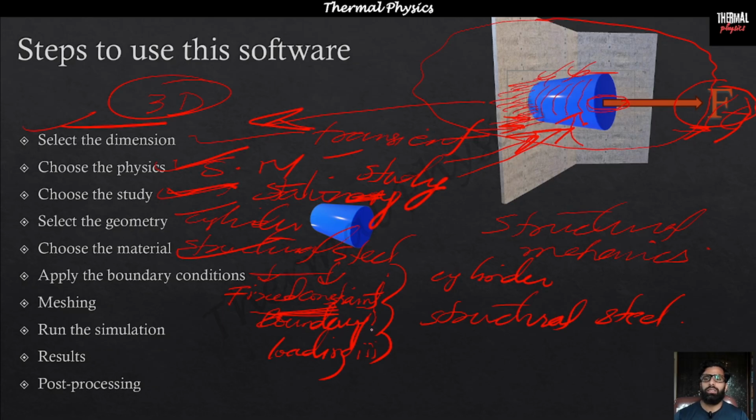Now we are telling the computer that one end of the prismatic bar is fixed and the other end is being applied with a force. Till now the computer knows most of the details of the problem. It knows the geometry, the physics, the study, the materials involved, and the boundary conditions. So the computer is now ready to solve these equations that are integrated in this physics,